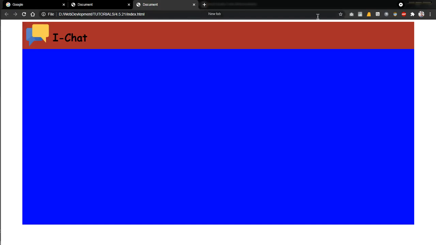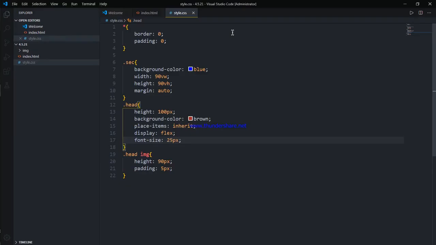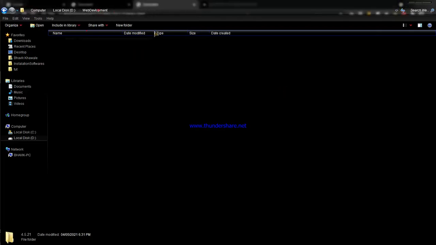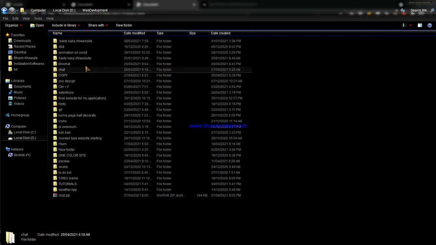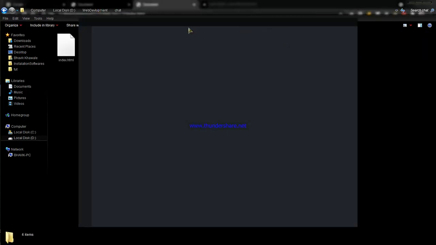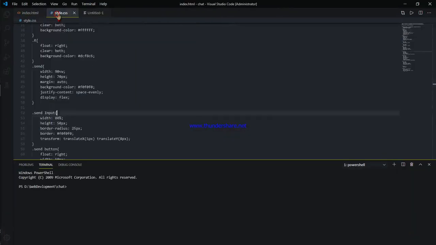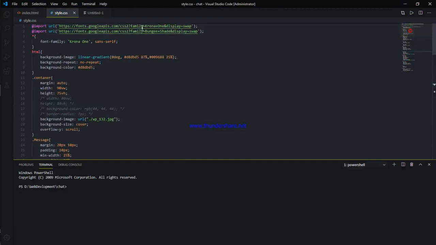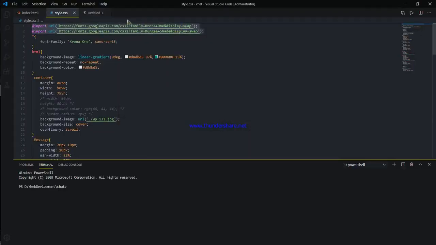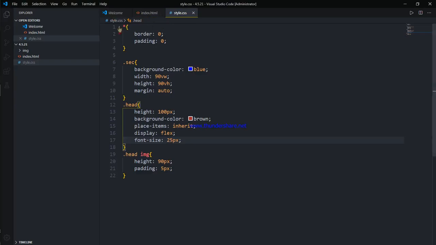You can go on Google Fonts and check out fonts, or you can do it as I'm doing. Google Fonts provides you this short link which helps you import their fonts inside your web application.